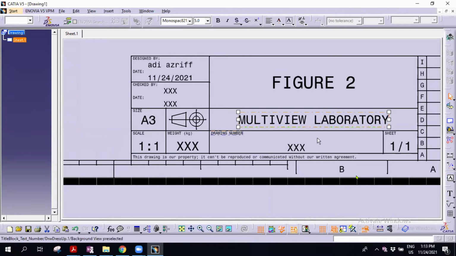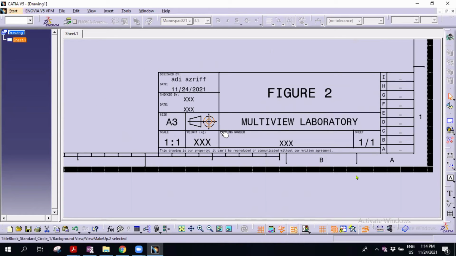Okay, so you should have this one scale. This is very important. Scale of 2, scale of 3. So the drawing, when you put it 2 to 1, you need to change it here. Size is A3. Okay, is this a third angle projection or first angle projection? First. Okay, if you use the first angle, you need to put it as a first angle here.